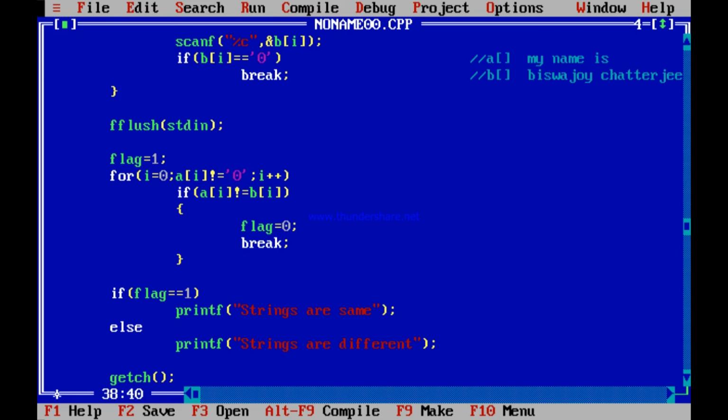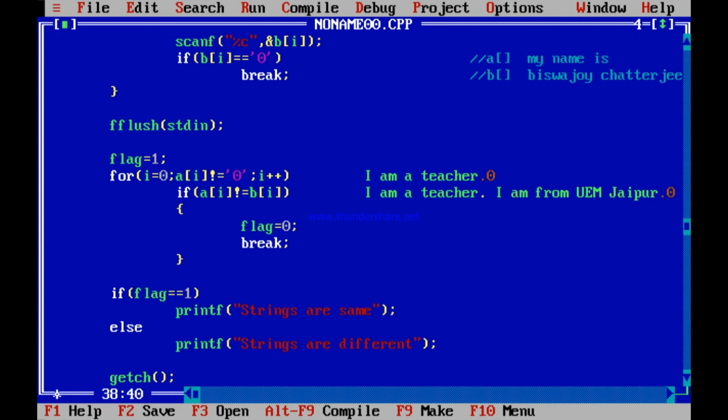Now see, the two strings. The last one you entered: I am a teacher, full stop, then 0 to end. Here in the next string you entered: I am a teacher, full stop, space, I am from UEM Jaipur. What happened as a result? See, I am a teacher over here. You are comparing with I.